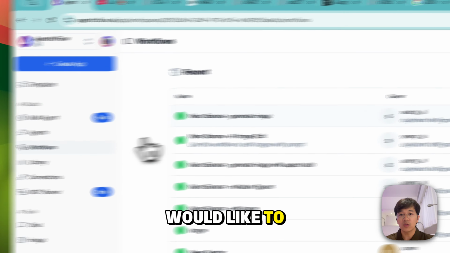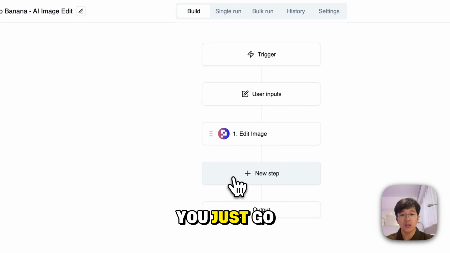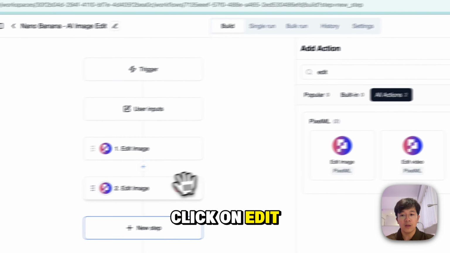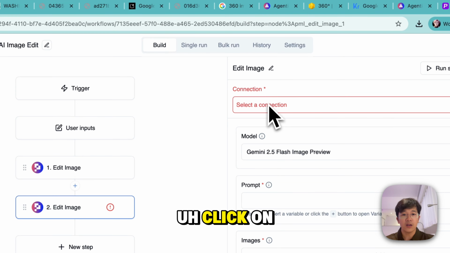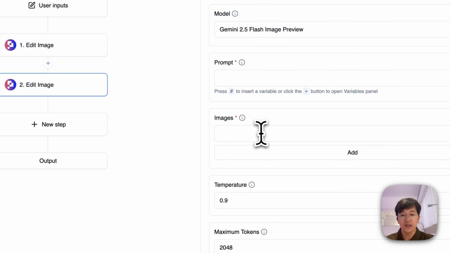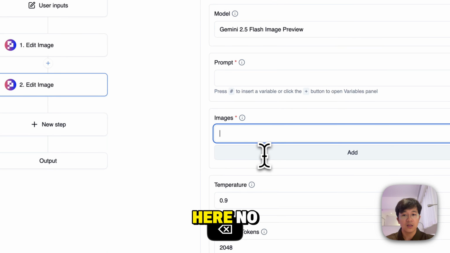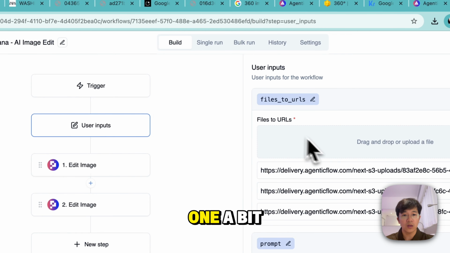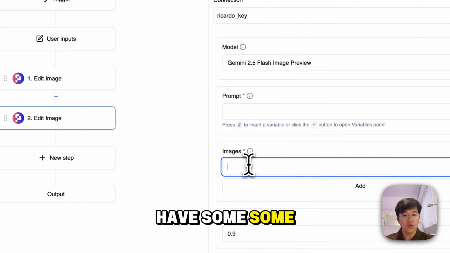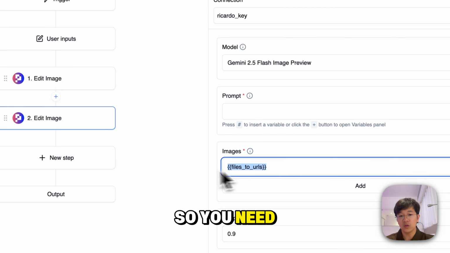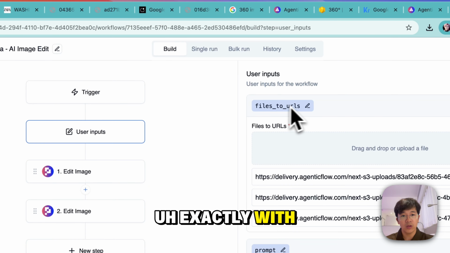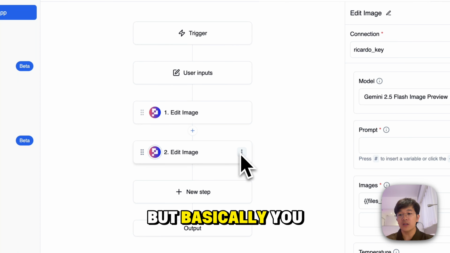If you would like to create a new workflow with this, you just go into new step, search for edit image, click on edit image, click on connection, and then choose the model and add the prompt, add the image here. Now you need to type in this one a bit because we still have some UX issues with this. So you need to type files to URL exactly for this to work. But basically, you don't need an agent.